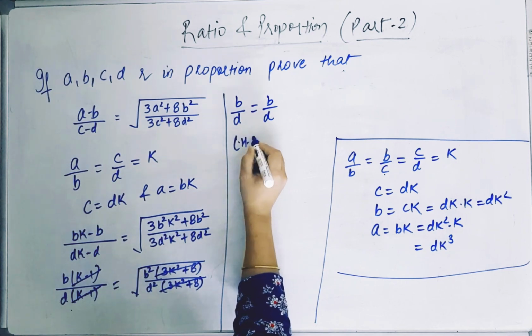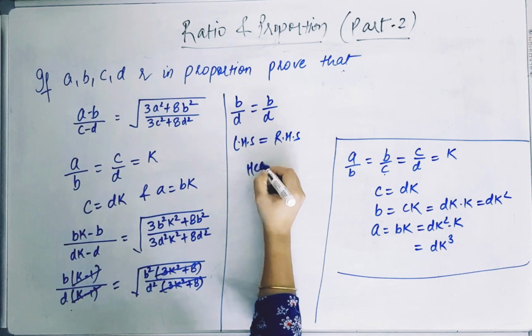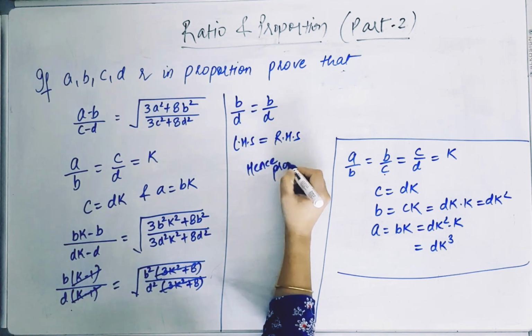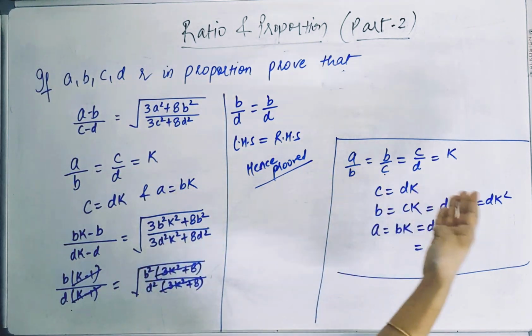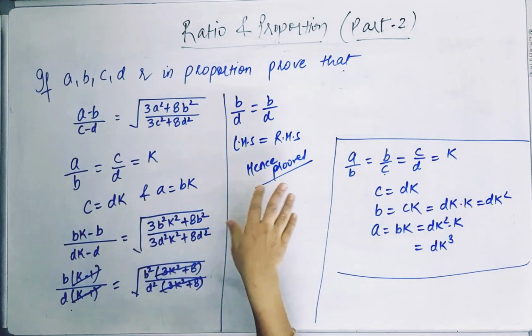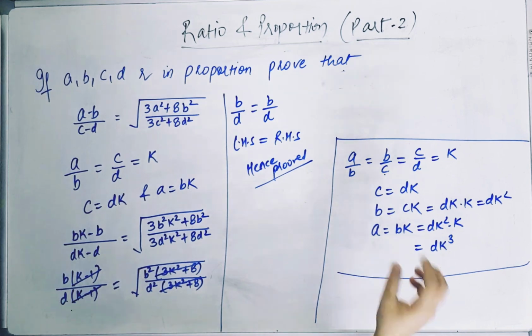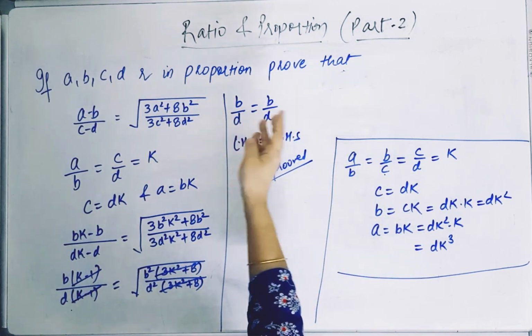तो ये आ जाएगा b/d इक्वल स्क्वायर रूट ऑफ b²/d², तो b/d. So LHS किसके इक्वल आ गया? RHS के. Hence proved. So this is basic concept, one more concept about proportion and continued proportion. If the question is given in proportion, we will apply these values, but if the question is given in continued proportion, we will solve like this. The method is same if it is continued also, only the values will be changed and we will get our answers in terms of k and all.